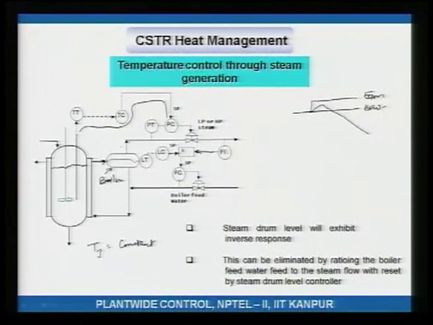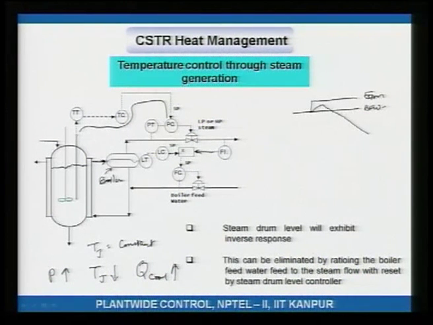Notice that at a lower pressure, water will boil at a lower temperature. So if boiler pressure is decreased, the temperature inside the jacket, Tj, will go down. If Tj goes down, the jacket is colder, so the amount of cooling, Q cool, will go up, and vice versa. So, if the reactor temperature is increasing, you need to increase the cooling, and this temperature controller will reduce the pressure set point. I hope this is clear.